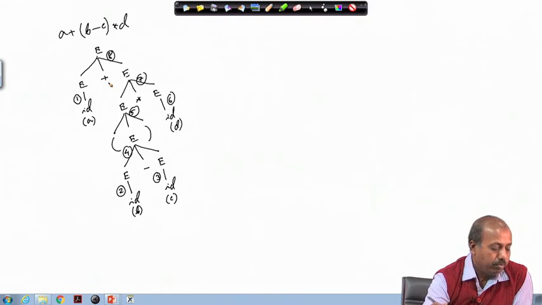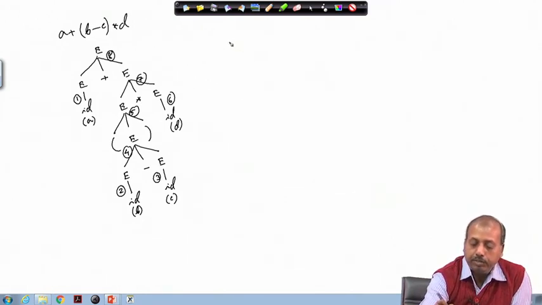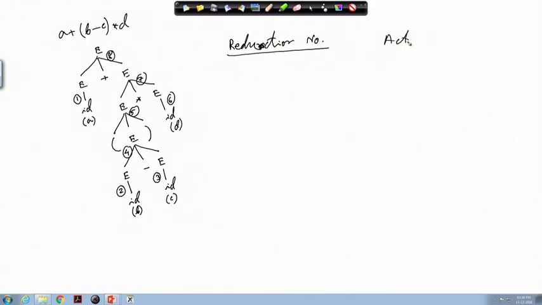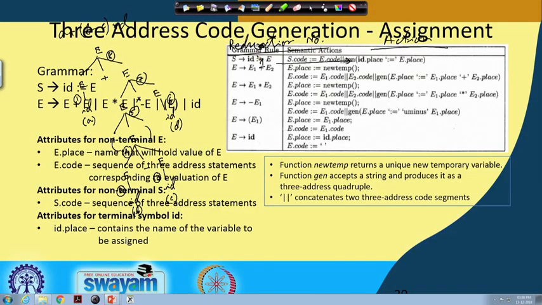Now, I have to find the corresponding action, so you can mark the reduction number and the corresponding action. Fine. So, at reduction number 1, E producing ID. If you look into the rule, it says that for E producing ID, E dot place equal to ID dot place, and E dot code is null.